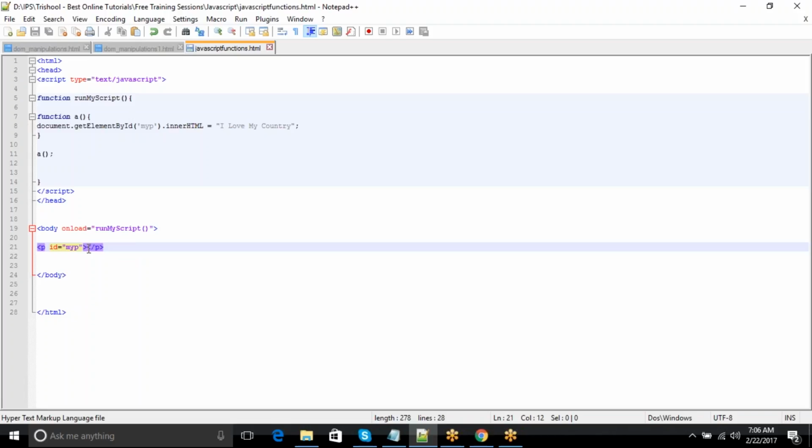Now we have hoisting. What if we write the JavaScript in the footer? Yes, it will work, Sarita. If you write this JavaScript in the footer, it will definitely work. You don't need to write runMyScript. You don't need to write the onload function also. But most people don't prefer writing JavaScript at the footer. We will use the footer for JavaScript only